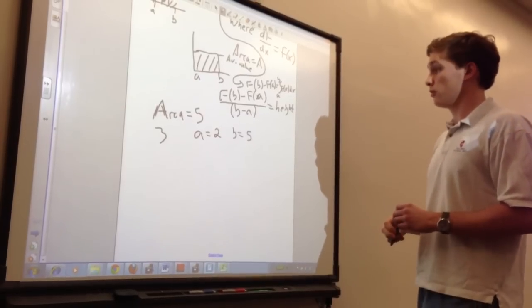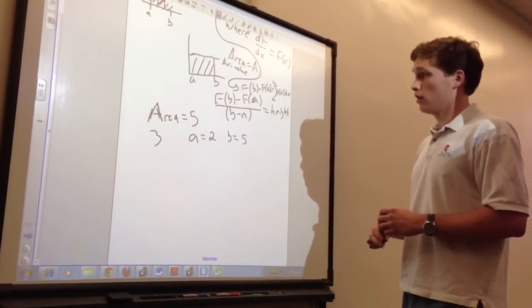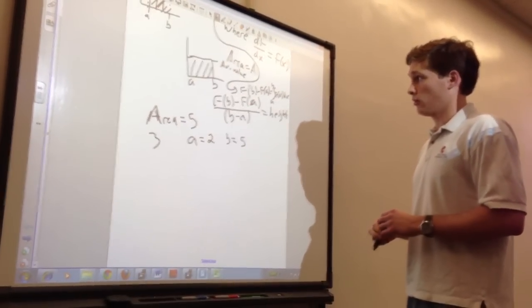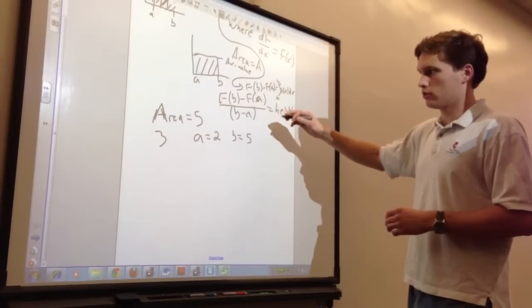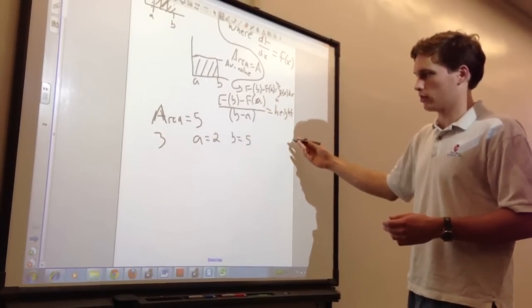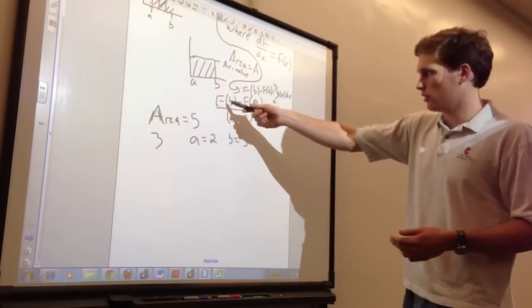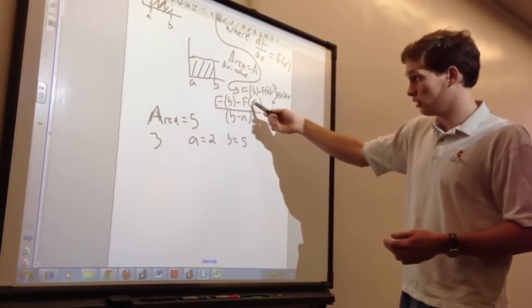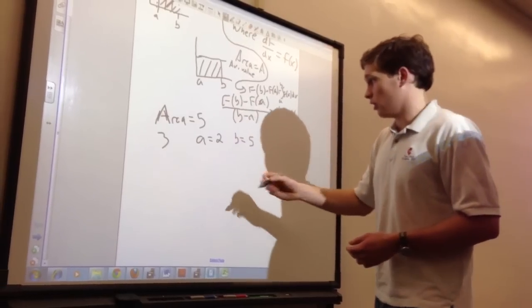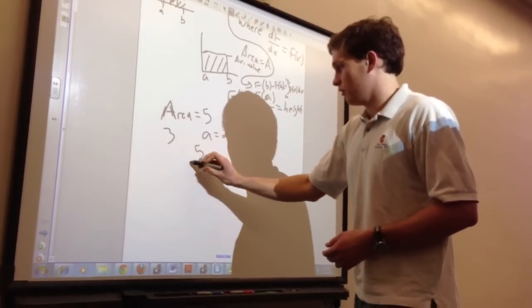To calculate the average value of whatever this function would be, we don't actually need to do out the integral of this function, since we have the area, which is what the integral is equal to, and we have the interval. We can just go straight to this equation. Since we know the result of F of b minus F of a is equal to 5, we get 5 divided by 3